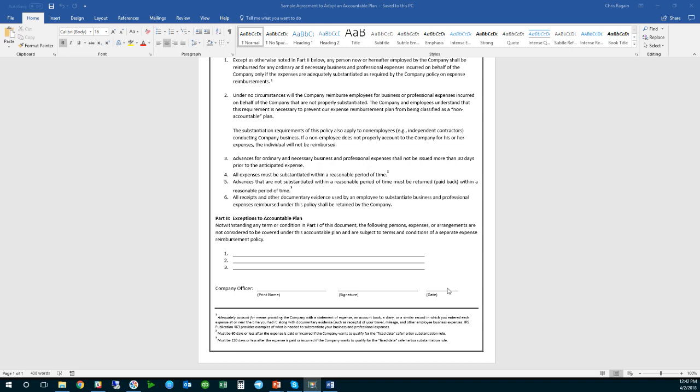So this is the plan document that has to be filled out that everybody should at the very least get. If they're not going to pay you to manage this, then you probably don't care too much what they do with it after that. But if they are going to pay you to manage their accountable plan, then we'll have to facilitate making sure this gets filled out. Make sense? So let's move over now to the second document, which is the expense report.